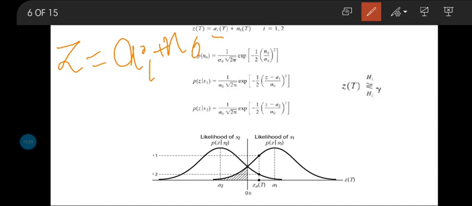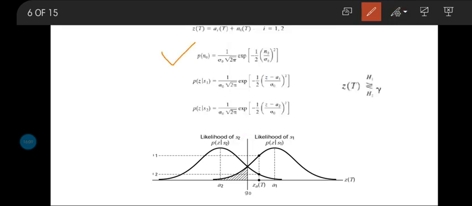The probability density function for this Gaussian random noise n_0 can be expressed as p(n_0) equals 1 over sigma_0 square root of 2 pi, times exponential of minus one half of (n_0 by sigma_0) whole squared. This is how we calculate the probability density of this Gaussian random noise n_0, where sigma_0 squared is called the noise variance.